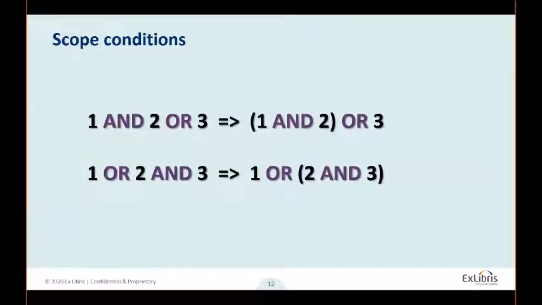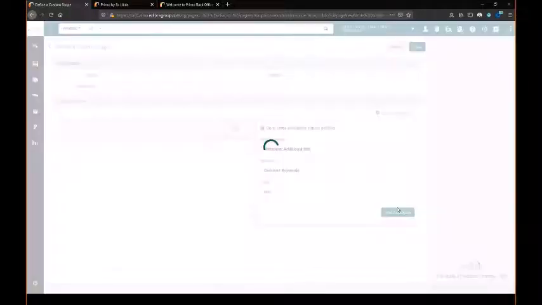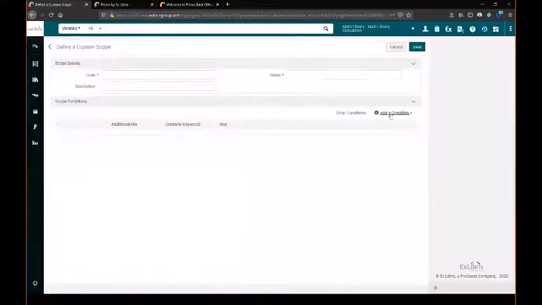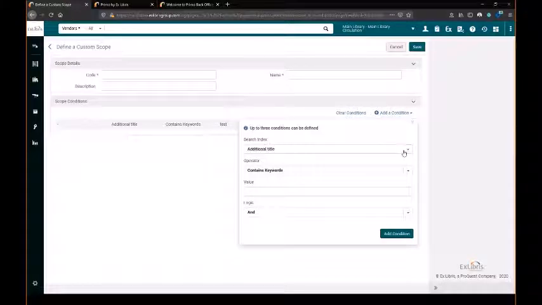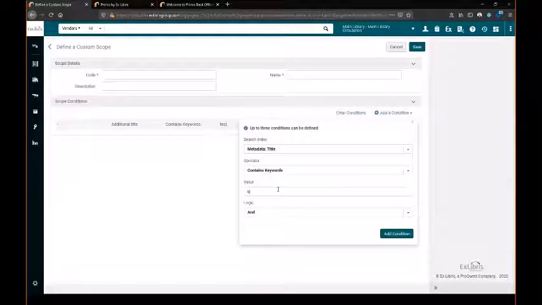You can define between 1 and 3 conditions for each scope. Let's define a condition. Let's define another condition. And notice there is the Boolean logic operator. Now, if you use more than one condition for a local scope, you will have to define the Boolean relation